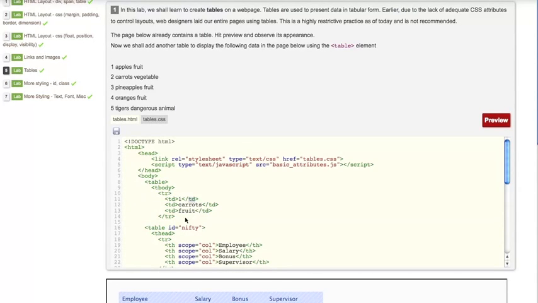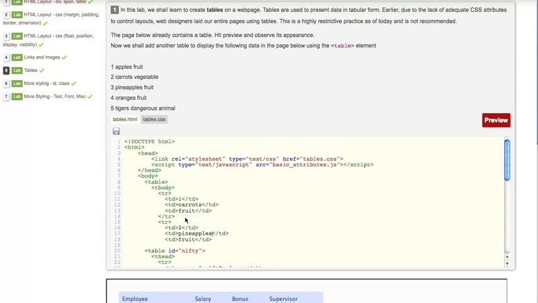Alright, so let's add one more row. Then we have pineapples, end the td tag. Then this is once again a fruit.